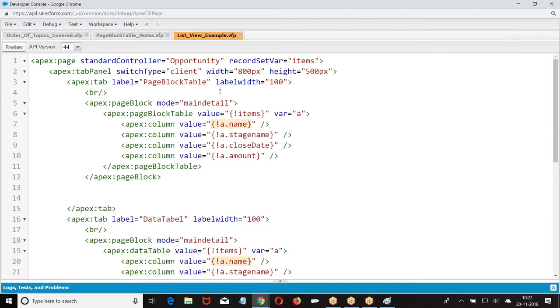Okay. Now, here there is no input I am taking. I am not giving any inputs to the server. If I am giving any inputs to the server, then use a form. Previously, they wrote the page block inside the form. See, in the previous examples I have taken buttons, so I wrote a form. I took input fields, so I took a form. Here I am not taking any inputs. Here I am not taking any buttons. I am only displaying it, so no form.